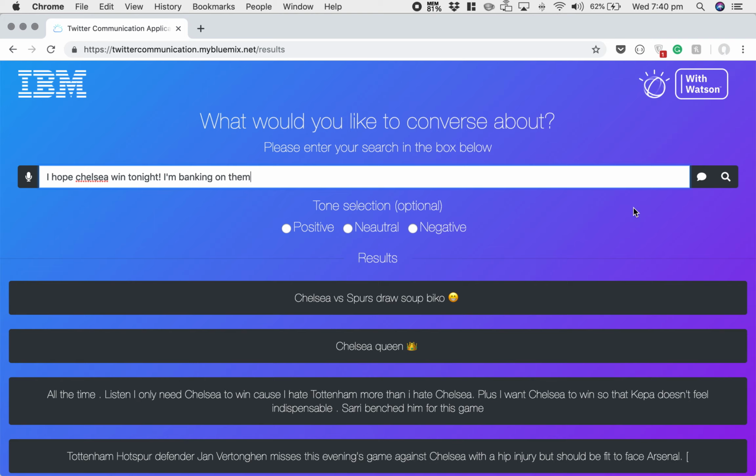So you can type your own phrase and hit the speech mark, and the system will perform text-to-speech as an alternative to selecting a tweet. And again, this is using IBM Watson text-to-speech, which is also running on the IBM cloud. So if you click this. "I hope Chelsea win tonight. I'm banking on them." And there you go.